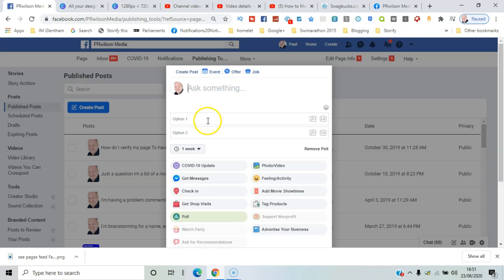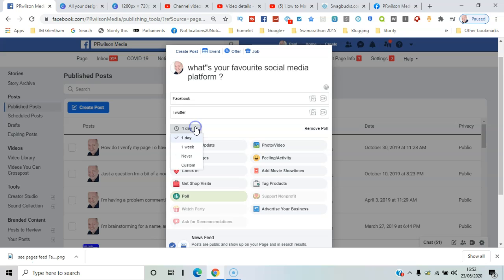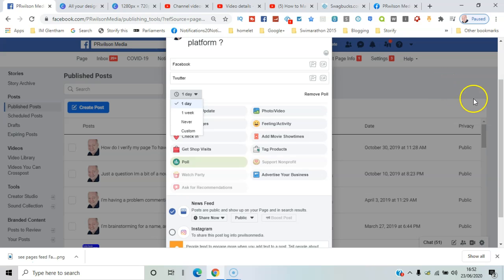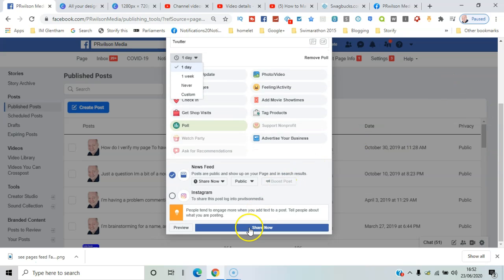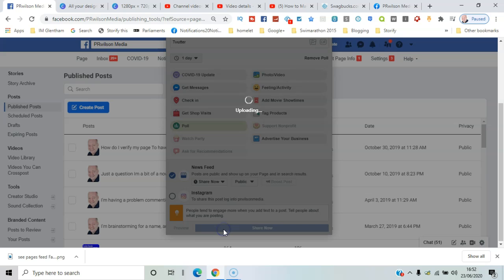Select poll, ask the question, add 2 options, and set the duration the poll will be available for. Now do note that there's only 2 options available, and usually you can either use a GIF or use a photo to go with the poll. In terms of duration, you could do it 1 day, 1 week, or in fact never, so it'll always be on the page. You might want to pin it to the top, for example, and I'll click share now,